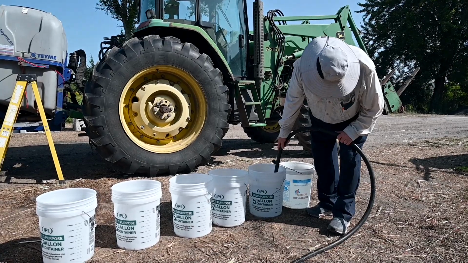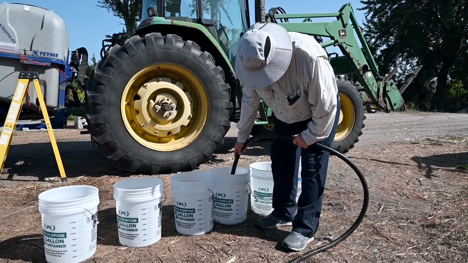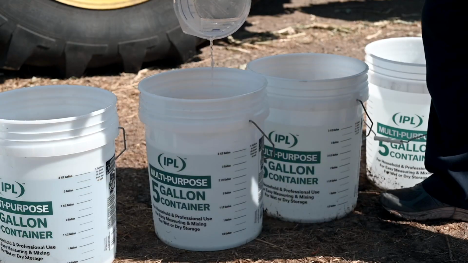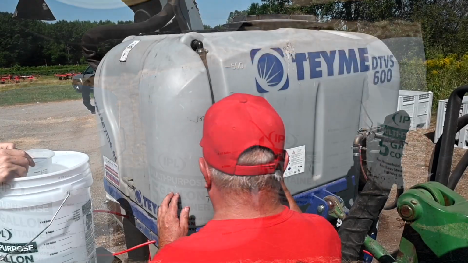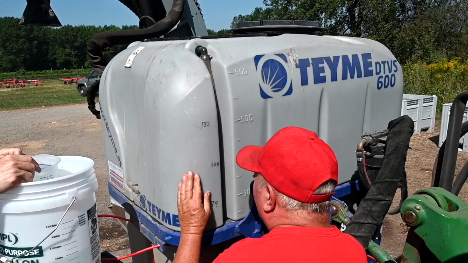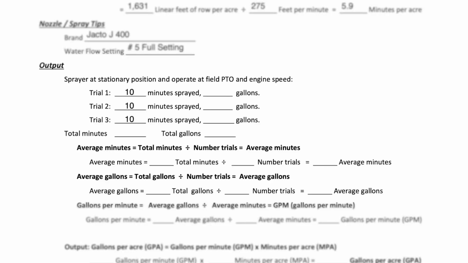At the end of the 10 minutes, we refill the sprayer to the point it was before spraying, carefully measuring the amount of water it takes to fill the sprayer back to the original starting point. Then, record the number of gallons it takes. For this example, the measured amount of output was 54.5 gallons. Repeat the process 3 times in order to determine an accurate average spray output. The second test recorded 55 gallons sprayed, and the third test, 54 gallons.